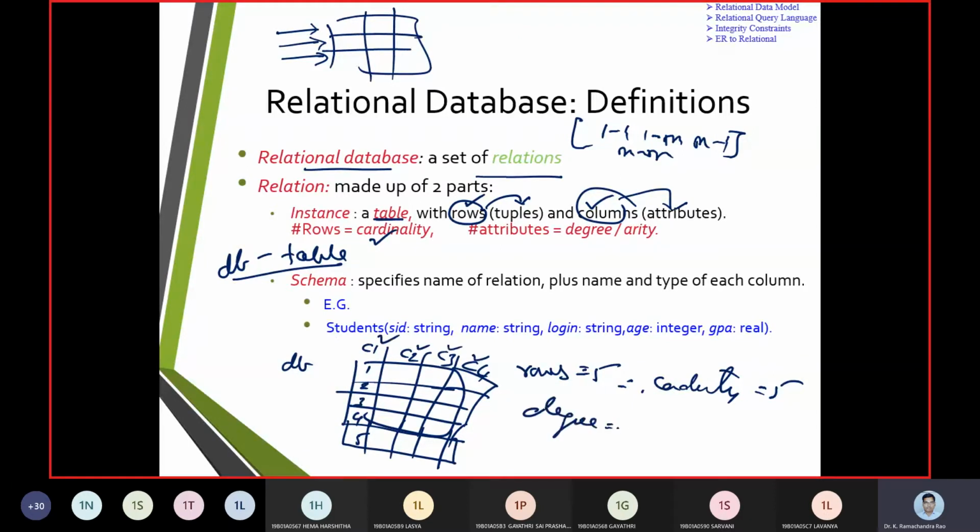The number of rows is 5, therefore we mention the cardinality as 5. Similarly, for the columns we say the degree is 3. How many attributes are there? We call that the degree, or the arity.